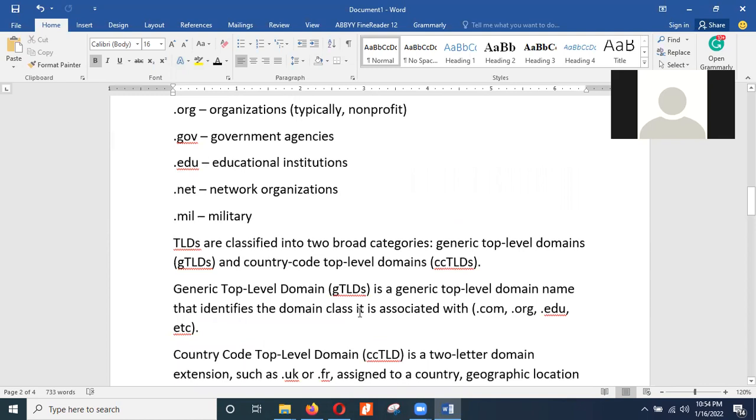Now, that top level domain name are also classified into two. There are two major categories of top level domain name. Like we have the generic domain name, and we have the country code domain name. Now, when you see something like .uk, it means that that domain name is specific. What does that .uk tell you? It tells you that that particular business is resident in United Kingdom.